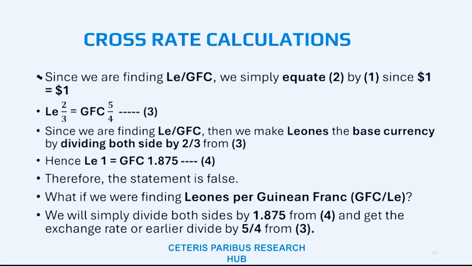Since we are finding leone in terms of Guinean franc, the Guinean franc is the quoting currency, that will make the leone the base currency by dividing both sides by 2/3. So in this case, 1 leone will be equivalent to 1.875 Guinean franc. So instead of what the statement